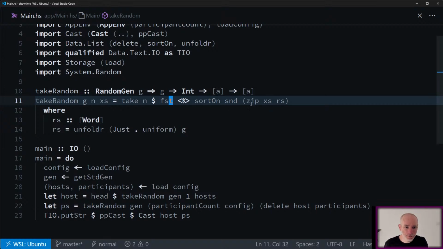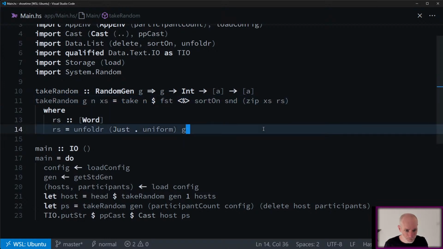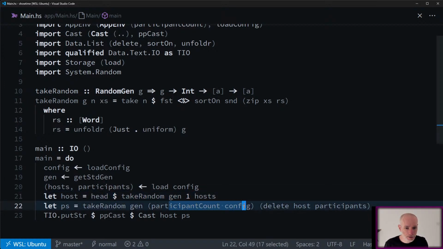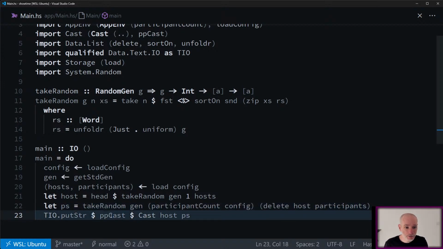We map first over that list, so we end up with just the Xs again, but now in some different order. And then we take the required number of things from that list. So for the host, we just take one thing, and for the participants, we take whatever the config says we should take, and then we just print it out.